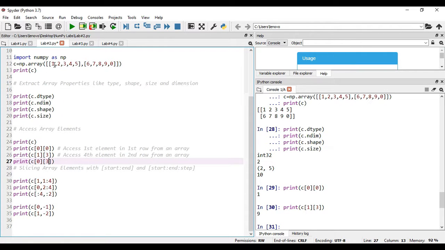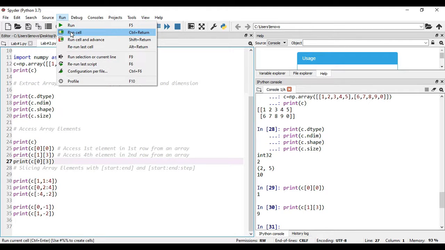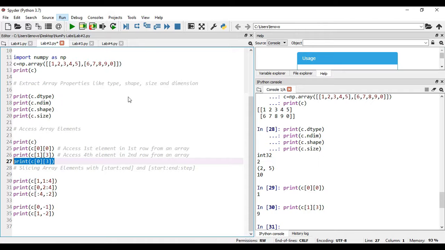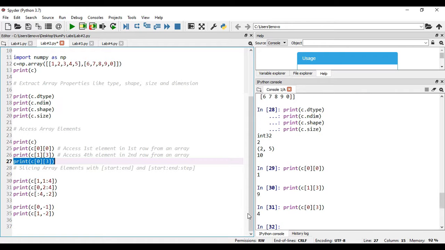At the zeroth index 1 is there, in the first index 2 is there, in the second index 3 is there, in the third index 4 is there. So the output will be 4. Let us try to see it. Select and run the shell. Okay, the output is 4. This is the way how you can extract individual elements from a two-dimensional array.